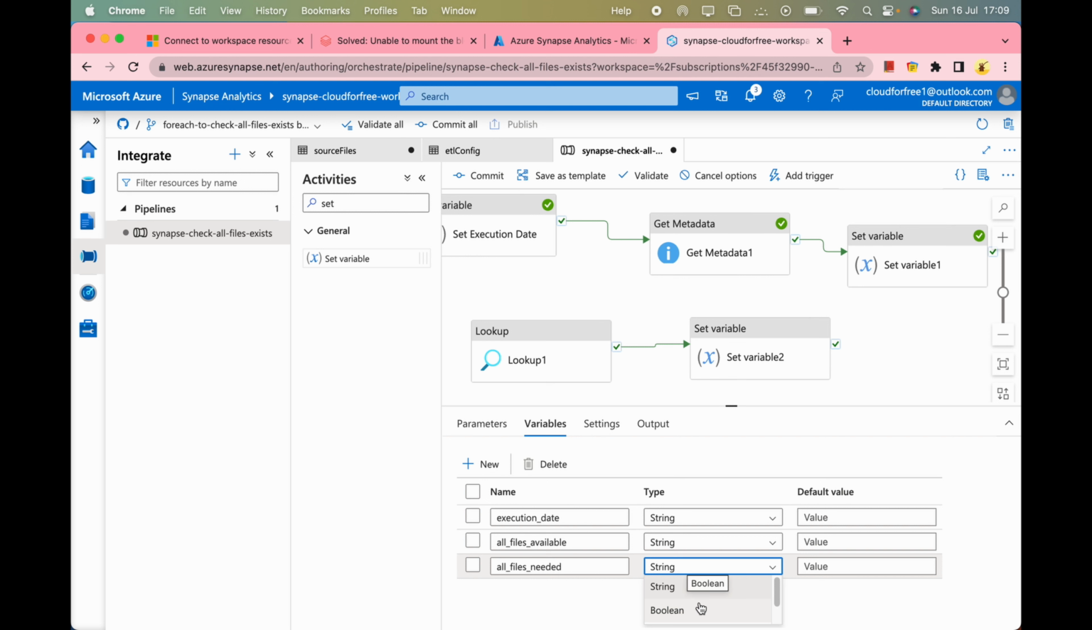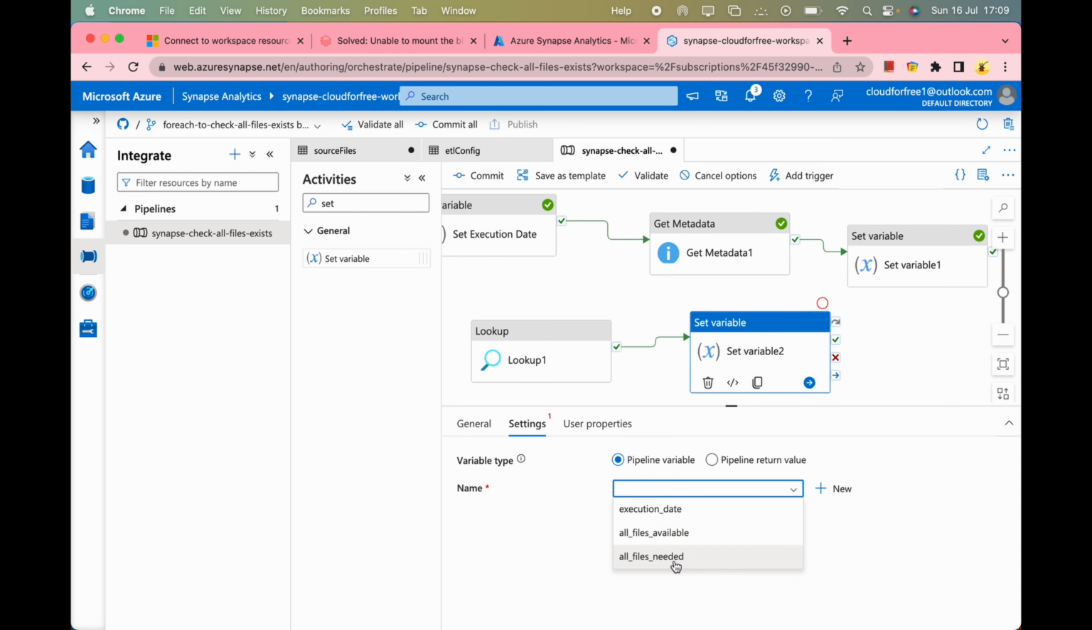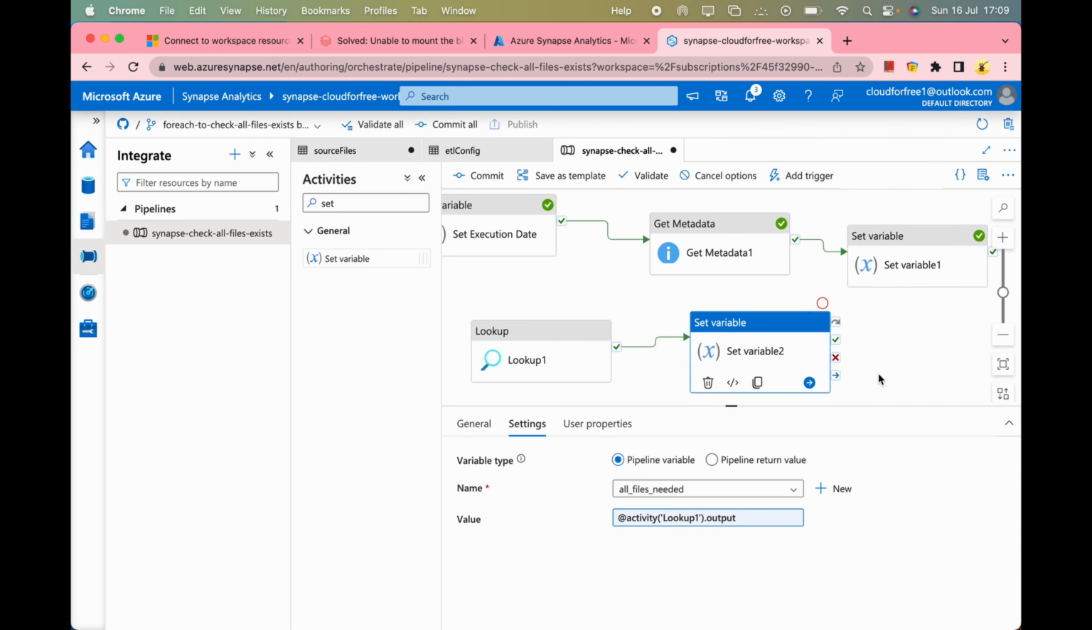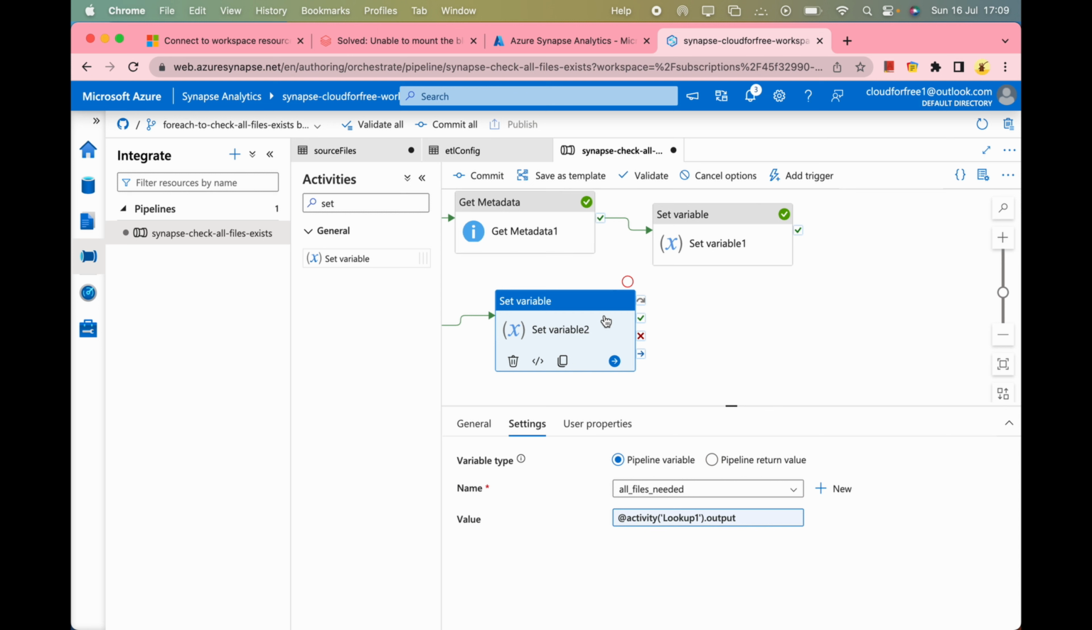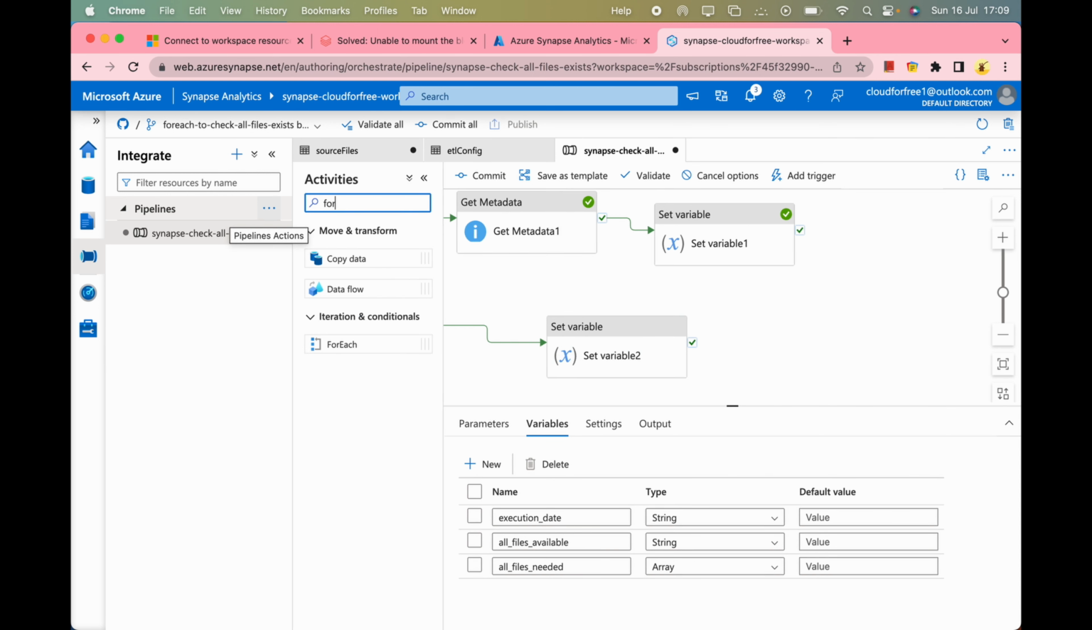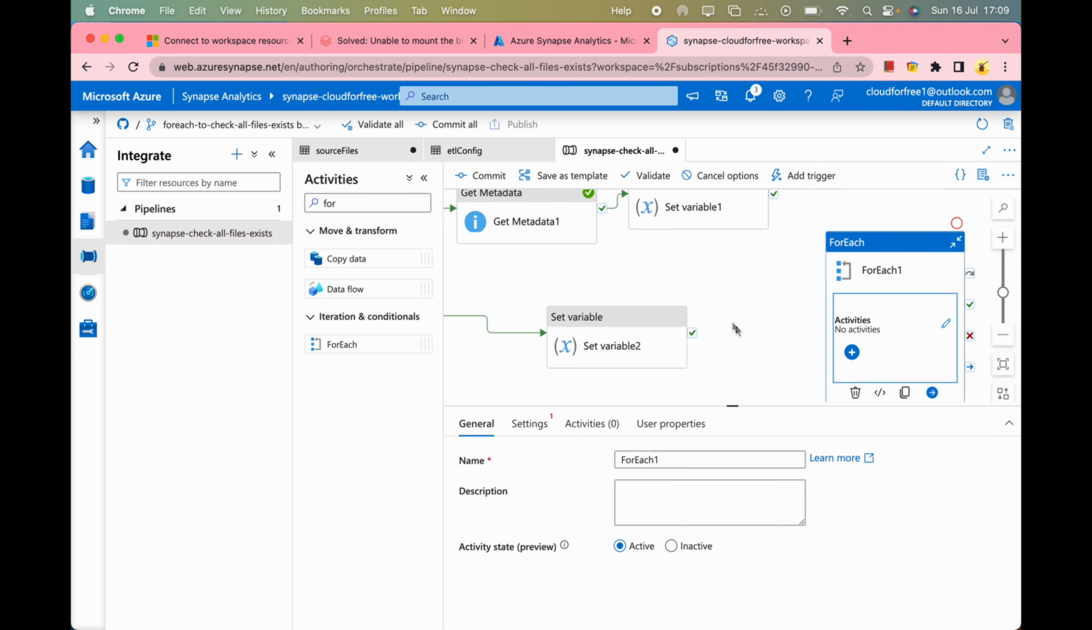I will create this variable as an array here, all files needed, and the value will be the output of the lookup. And then I will have a for each activity. So for each of these files,